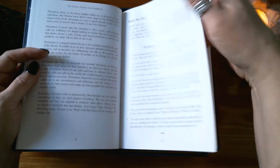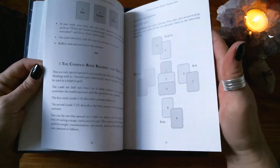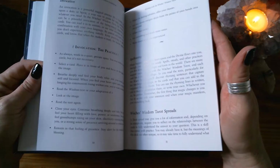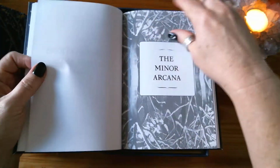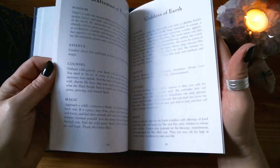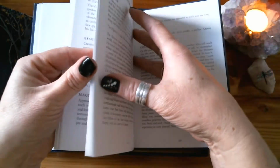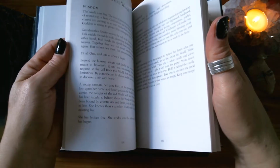There's a lot of information on divination, how to consecrate your deck, working with the tarot, etc. And then we do have quite a few different card spreads and meditations as well. I just want to go through to the major arcana to show you how they have laid it out for you. It's not an illustrated book, so